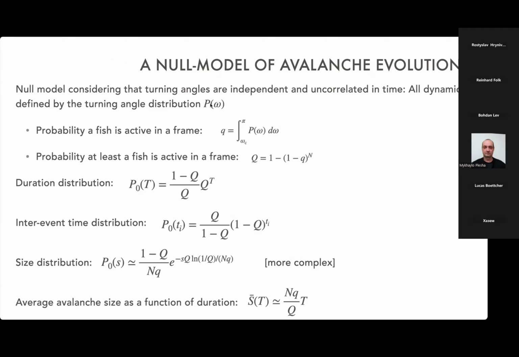From here, we can construct a null model of avalanche evolution and compute the distribution of durations, the distribution of inter-event times, and the distribution of sizes. The important thing is that all of these distributions have an exponential form, which is essentially what we expect from something uncorrelated and can probably be associated with a simple